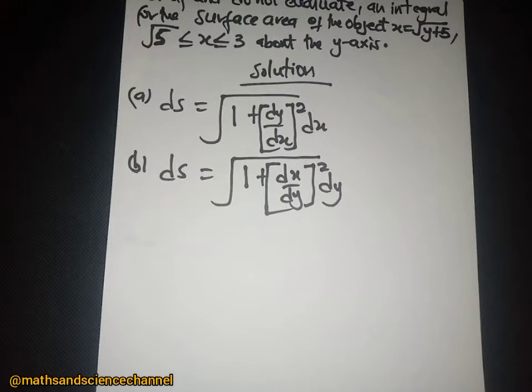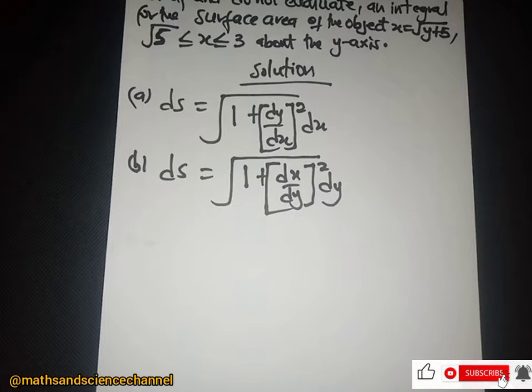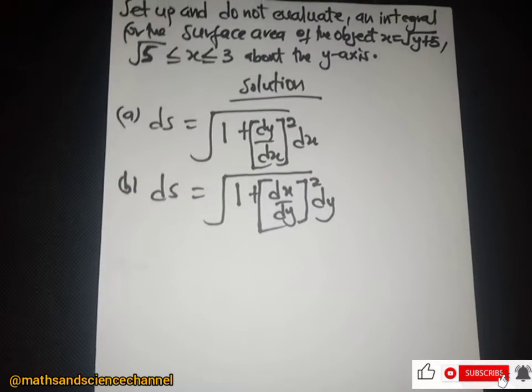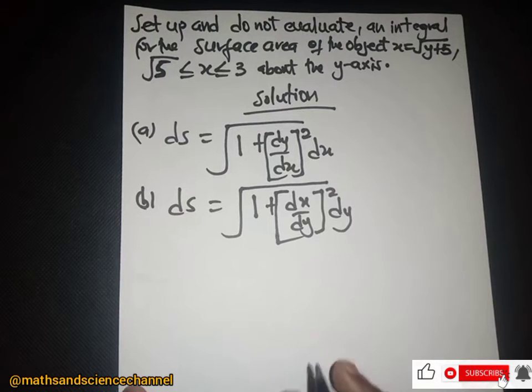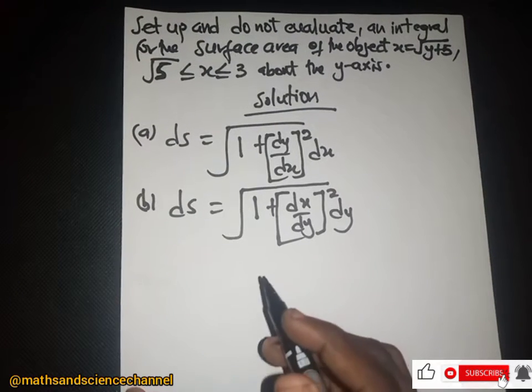Now in this section we are to evaluate the surface area of the object s equal to the square root of y plus x here. Then we are given a range of values starting from root 5 all the way to 3 about the y-axis, and we are given parts a and b. So what we are going to do is set up the integral but not evaluate it. We just set up the integral but do not evaluate the integral. So in this case,